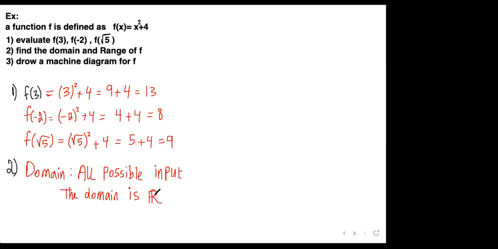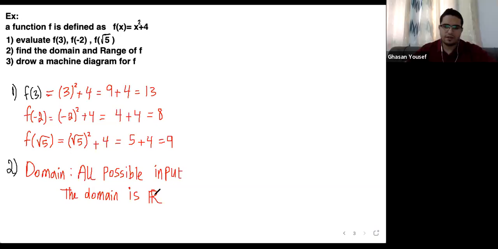Is it also all real? Possible? I mean for the range, all possible output. So in this function, f of x equals x squared plus 4, if I plug, for example, 0, what am I going to get here? 4. If I plug positive numbers starting from 1,